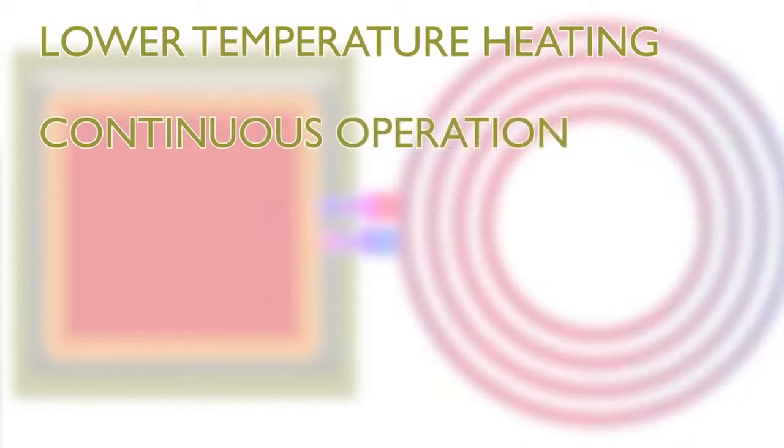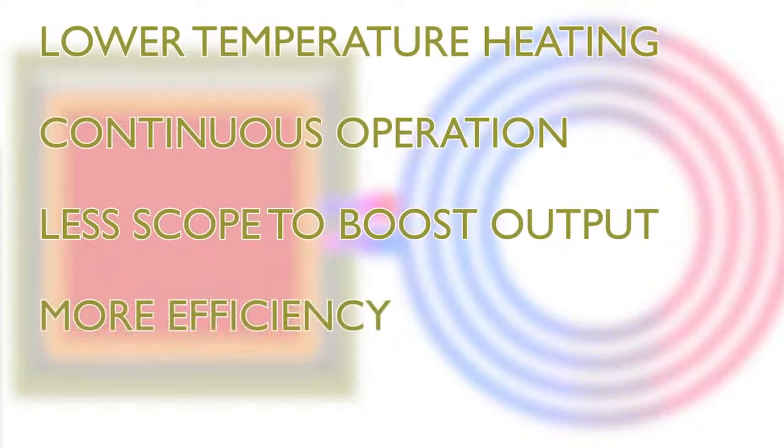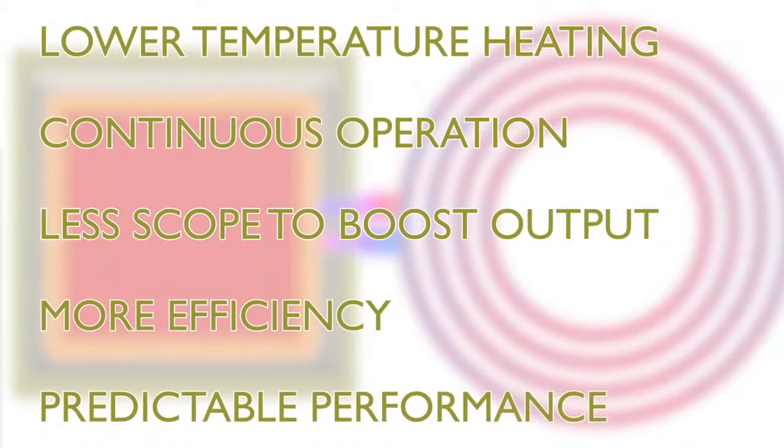These lower temperatures, as well as the lower running costs, mean that these systems are typically designed to run continuously or almost continuously, and have less scope than traditional heating systems to boost their output and to meet additional demand. The better the energy performance of the dwelling they are fitted within, the more effective they will be. This makes these kind of systems a good fit for low-energy homes. The relative lack of spare heating output also reinforces the importance of predictable and reliable energy performance at the specification stage, as the only practical solution to an under-spec'd underfloor heating system is often the use of auxiliary electrical or solid fuel heating, which may not be a good fit with an energy-focused project.